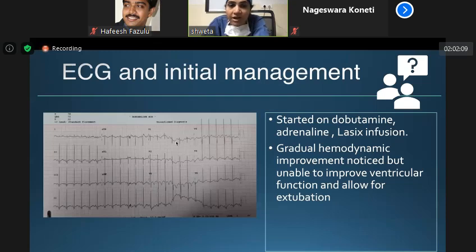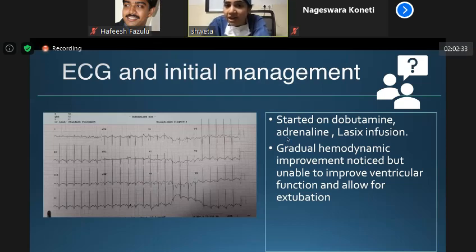Here, hardly any R wave is seen in V1, a significant S wave in V1, and in V6 a very tall R wave, almost 4 boxes, and a small S wave in V6 that suggests that it is predominantly left ventricular forces. So there is something underlying going on. It is not just a ventricular dysfunction, a biventricular dysfunction. Otherwise, both forces should have been there.